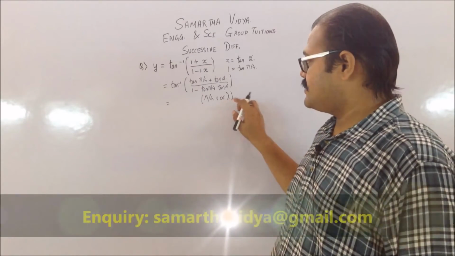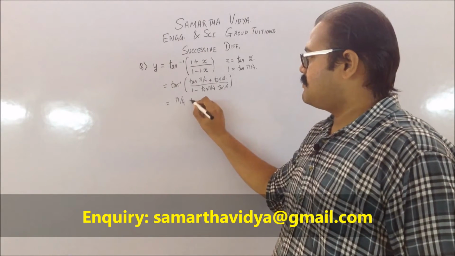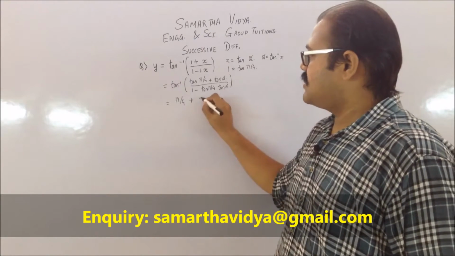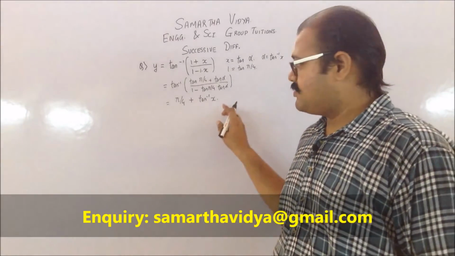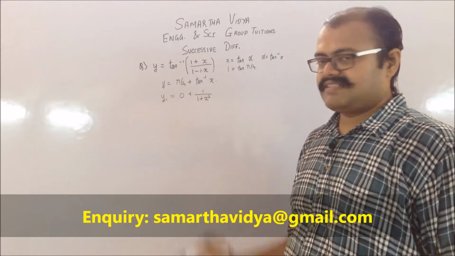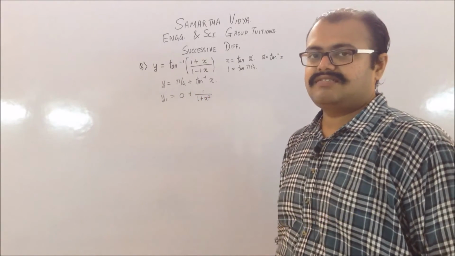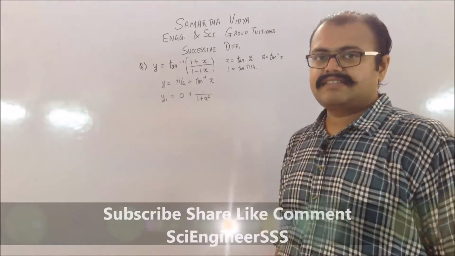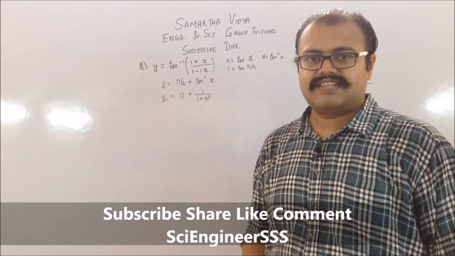But in this you need the alpha part, so your y has been reduced down to pi by 4 plus your alpha, which from here is going to be tan inverse x. So you have been brought down to a function which is a simplified version of the original. If you take the derivative of this, you might be able to generalize. So now you have y is equal to pi by 4 plus tan inverse x. If you are taking the first derivative of it, you can see that pi by 4 is constant, so the derivative of it will be 0. Tan inverse derivative is 1 upon 1 plus x square. Now you don't know how to solve this particular part because you don't know the generalized version of it.